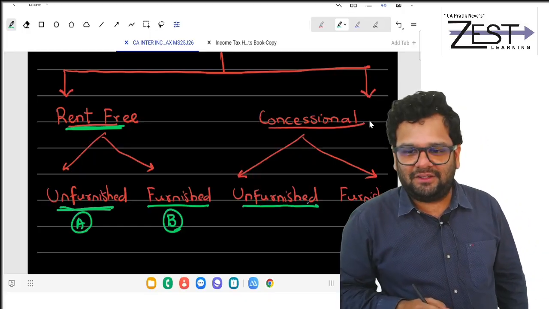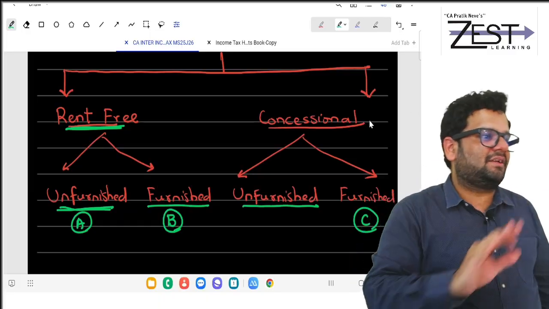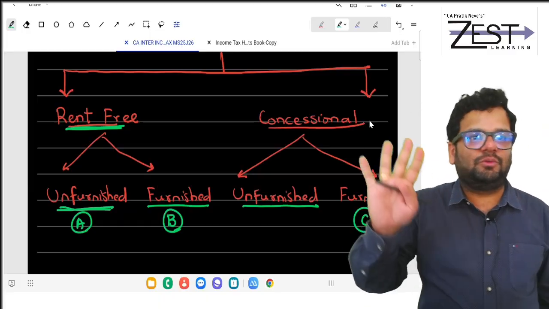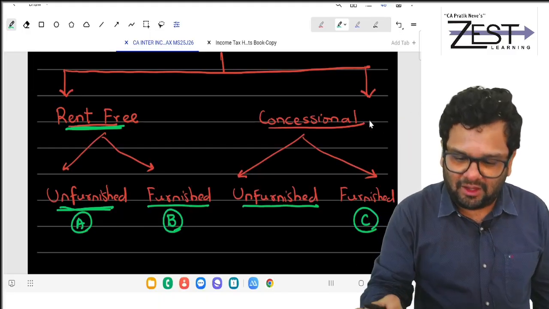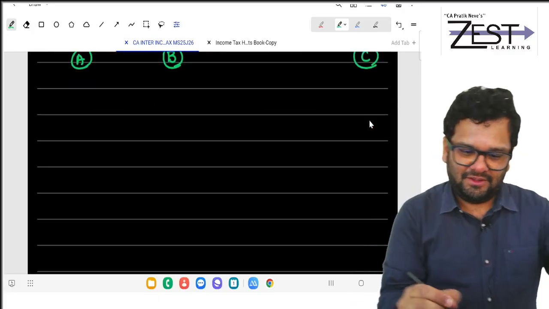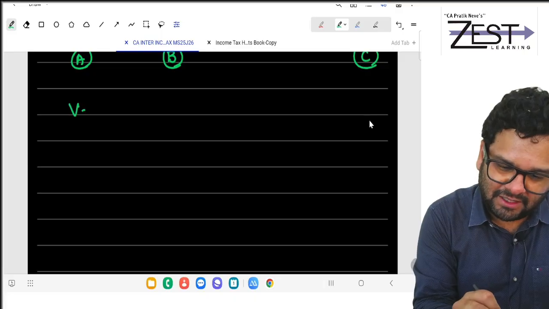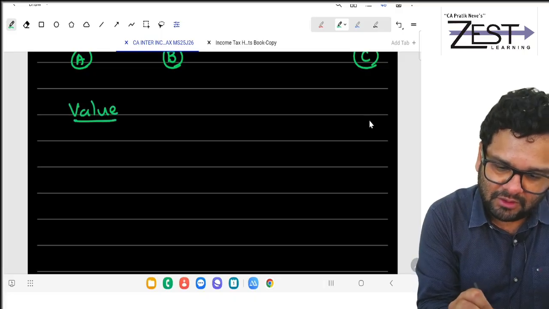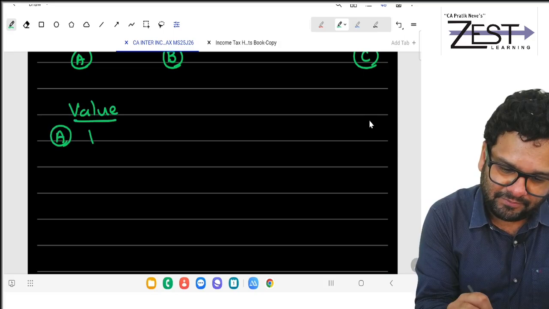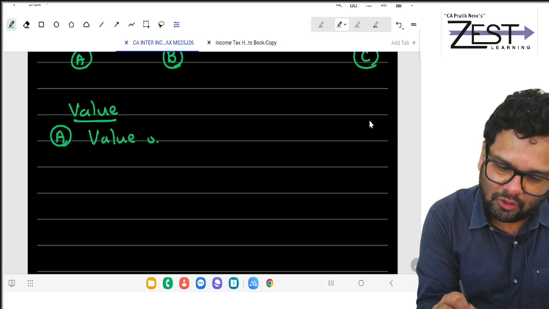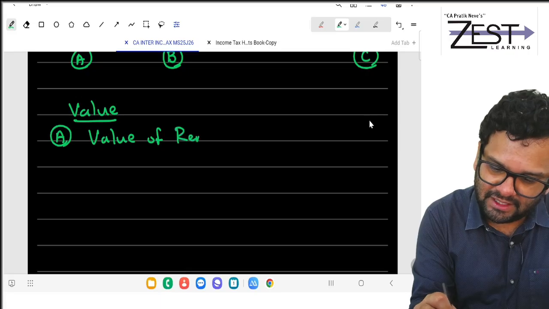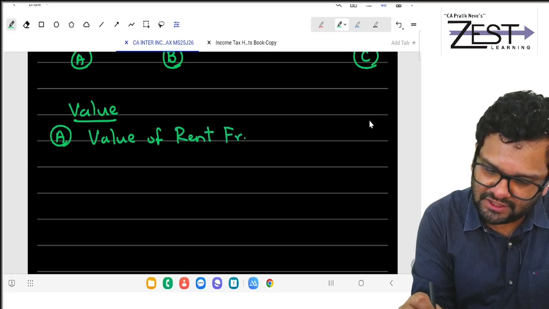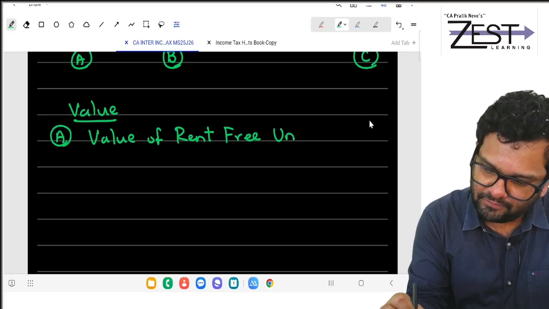If you follow that, then in a single stroke easily you will understand. So it could be one of the four. Now understand. Do you agree with me that while finding out value, basically what I'll have to find? I'll have to find out value of rent free